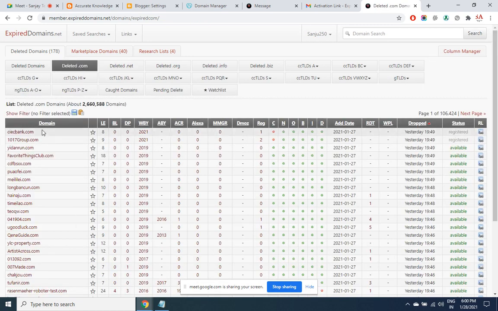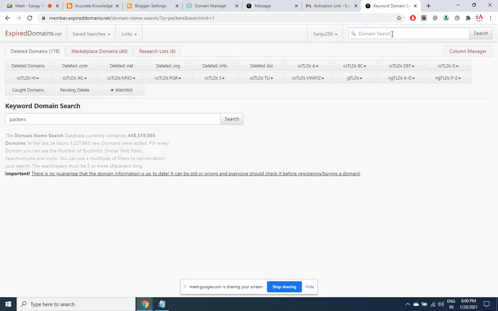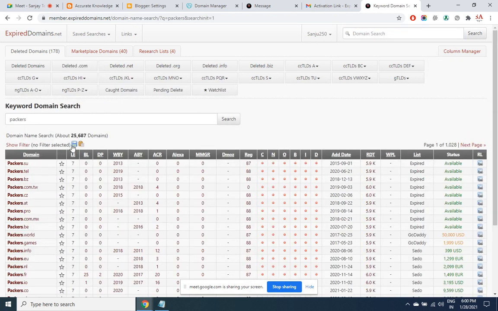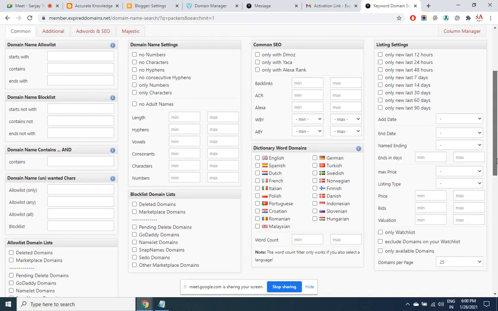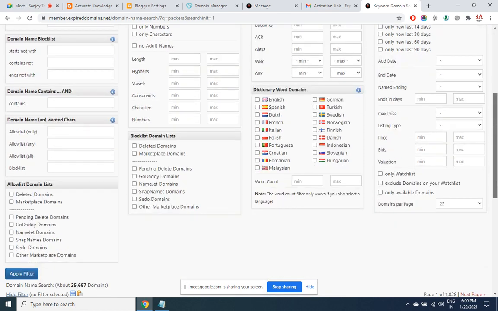These are all .com, but I wanted only Packers. There was a filter, okay, show filter. So within this filter, I want to select .com domains.